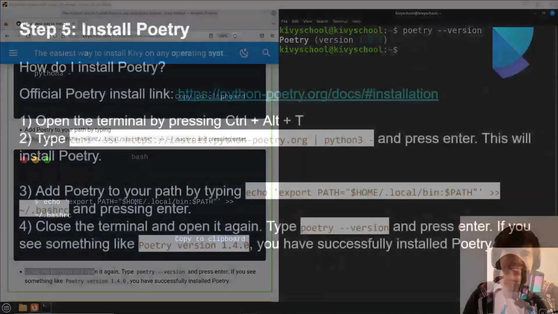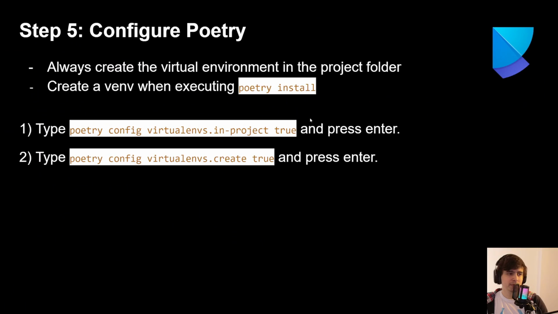So what's the next step? Let's configure Poetry. There are 2 configurations which are very important for you to do only once. One is poetry config virtualenvs.in-project true. What this command is going to do is that every time, it's going to create the virtual environment in the folder of your project. So for example, if your project is in a specific folder, the virtual environment is also going to be in the same folder.